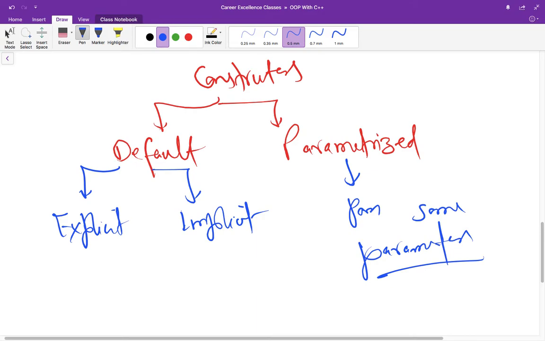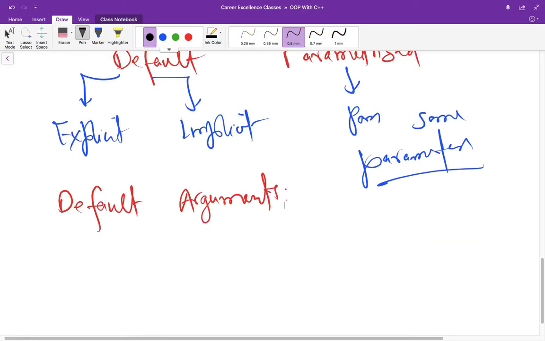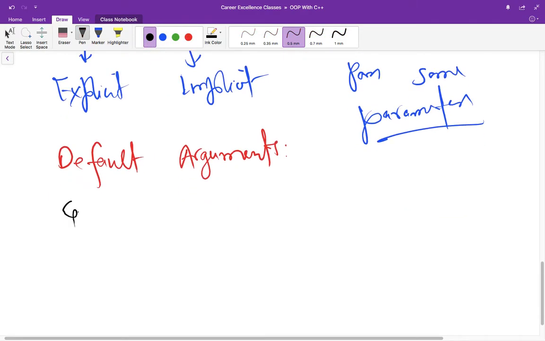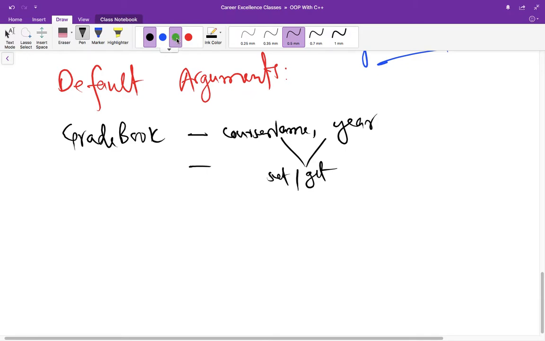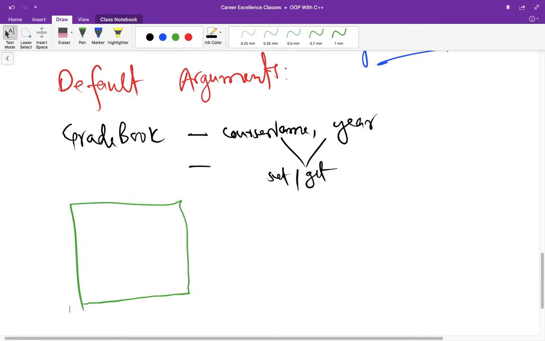And to understand its uses or benefit, let us take one example. Let us suppose you have a class gradebook and it has two variables. One is course name and another is year, and then there are some member functions, set and get for both of them. So I will just write set and get, and let us give it a visualization of this kind. So this is gradebook